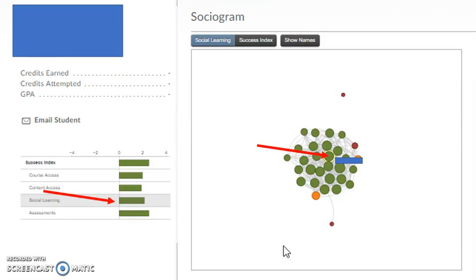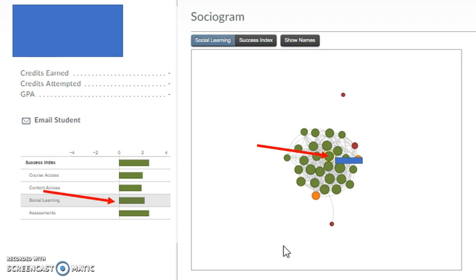Okay, so I am going to be sharing with you one of the features that I really liked in this student success system, and that is the social learning sociogram that we are given, and that is on the image on the right here. And the way that we can access this is by clicking on social learning under a student. So I've gone to S3, I've clicked on a specific student that I want to take a look at,